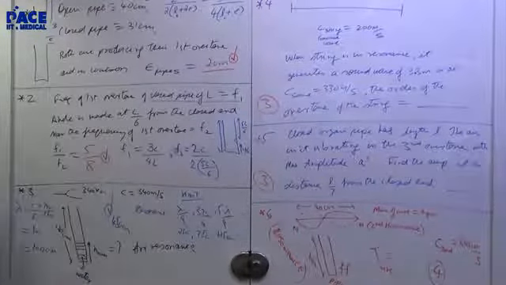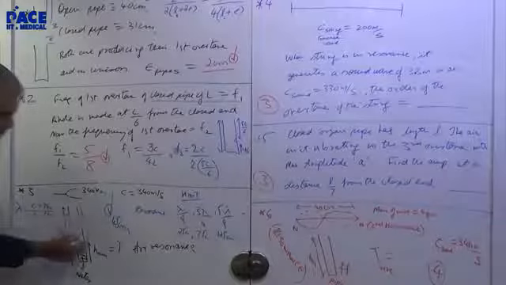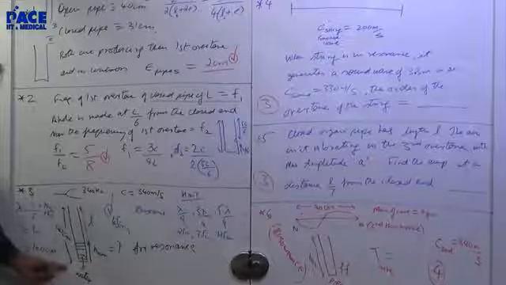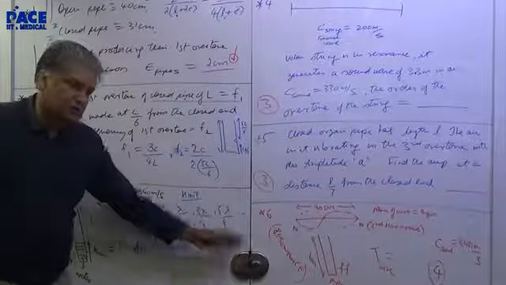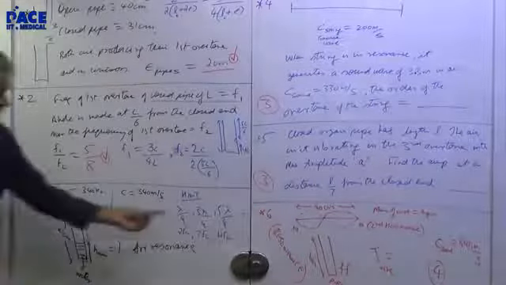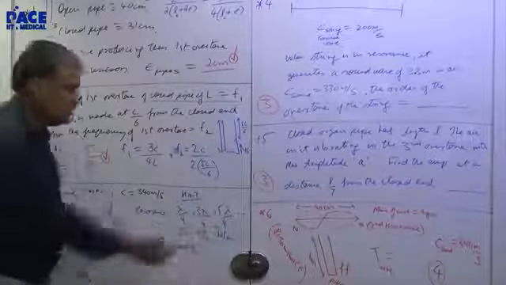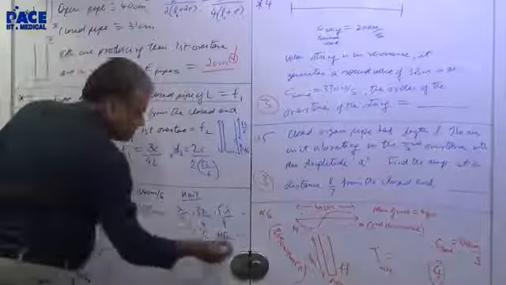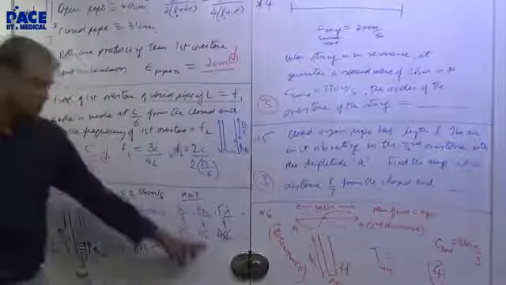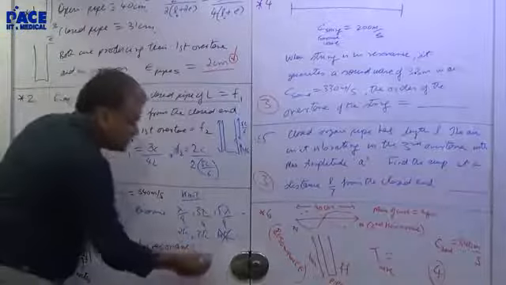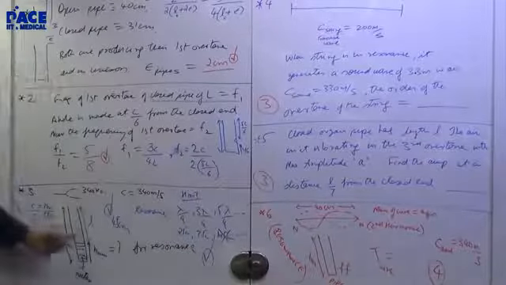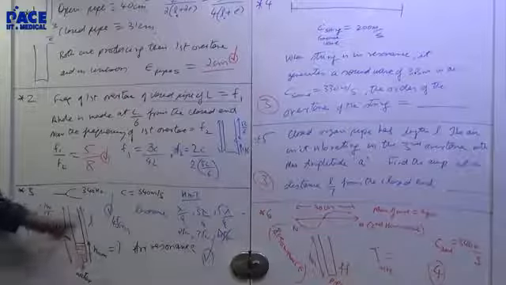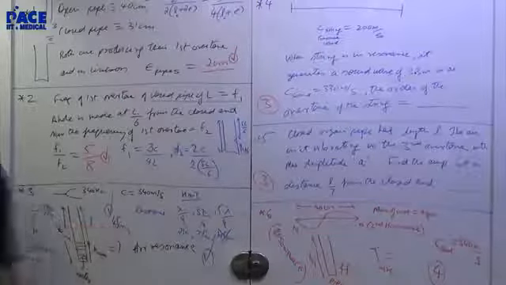You are pouring water, so you have to see what is the remaining length of the pipe. The greatest length is 120 centimeters, so you cannot get 125 centimeters. As you pour water, the length diminishes. So 125 you cannot get because you only have 120. What is the next answer from there? It is 75 centimeters. That's where you can get resonance. But to get 75 centimeters of air column, how much water has to be poured? 120 minus 75. The answer is 45.